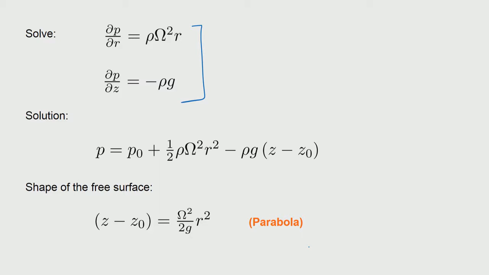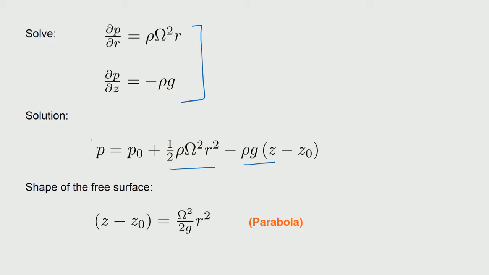There will be some integration constants that we determine from the fact that atmospheric pressure P naught is there on the surface of the liquid. When we plug that in, we can clearly see from here itself that the first integration will give you r square by 2. So, there is this term, and the second integration will give rho g z, that is this term, and the remaining ones are coming from the integration constants.